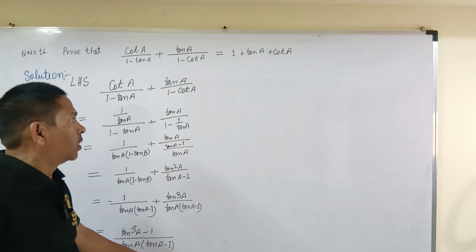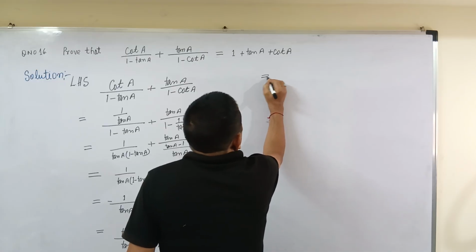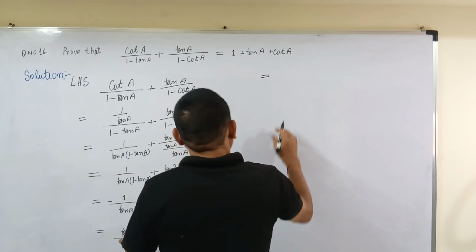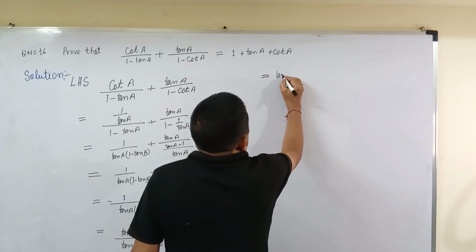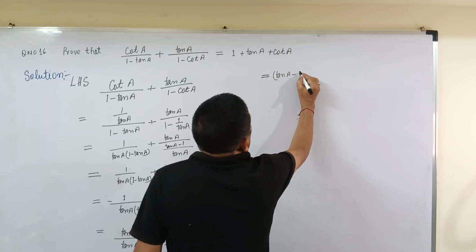Now this will be equals to, now tan cube A minus 1 can be written as tan A minus 1